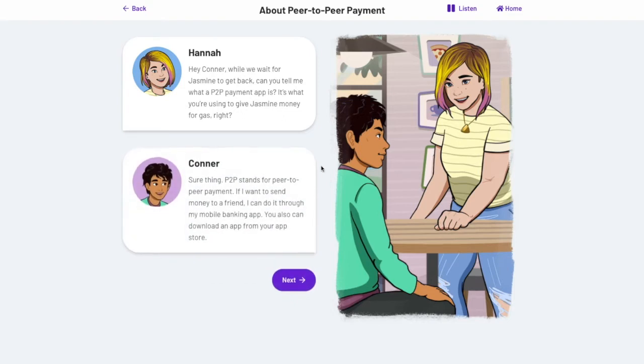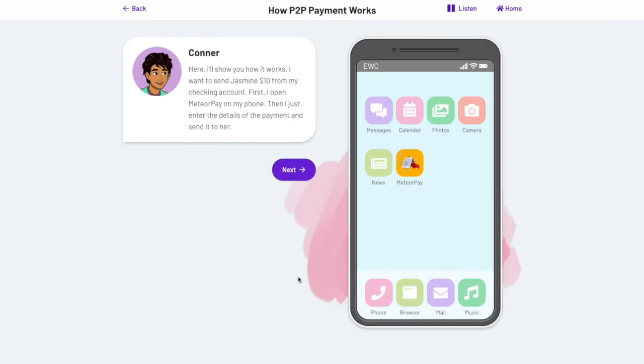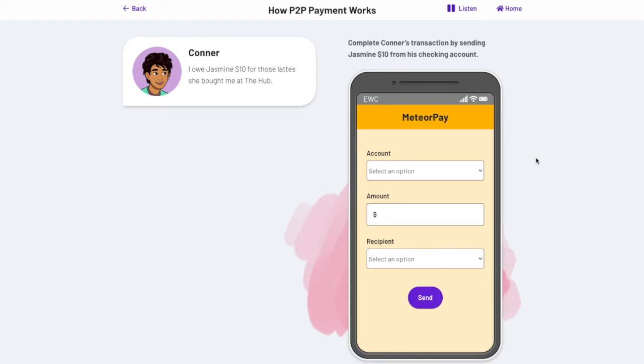Up next, students are going to lead Hannah through a conversation with her friend Connor. It's actually really cool because they're talking about peer-to-peer payment apps and they're doing some peer-to-peer learning here because Connor's a little bit more experienced with using mobile banking and payment apps. So he's going to show her this Meteor Pay app that he uses and then lead her through basically a rundown of how you can do a side-by-side comparison with different apps